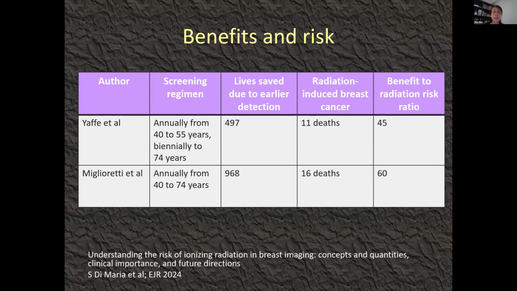It was estimated that there were 968 patients who were saved because of earlier breast cancer detection, balanced by 16 deaths that could have been caused by radiation. And this leads to a benefit to radiation risk ratio of 60. So fairly similar. And therefore, these two modeling studies show us that yes, mammography is associated with radiation risk, but